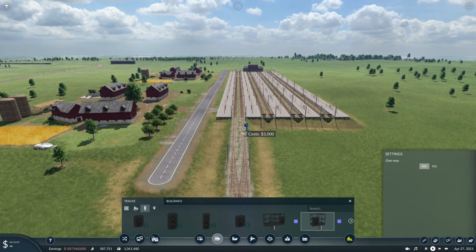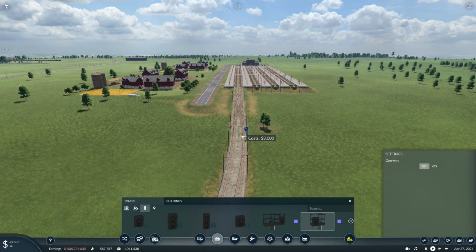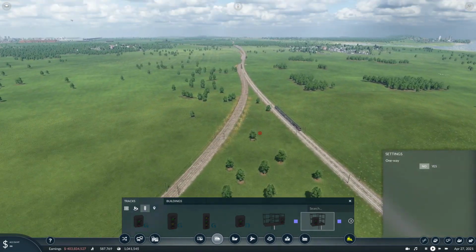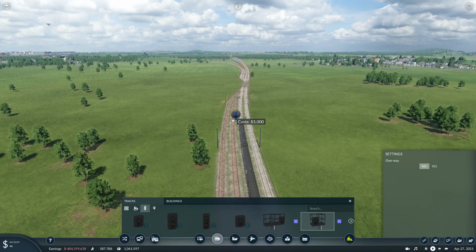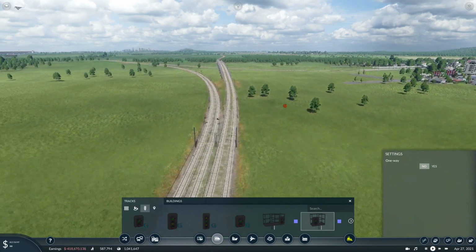Awesome. Right, so you're going to go there. You are going to go there. We're probably going to need 1 or 2, possibly 3 or 4 grain trains on this. Yeah, I'm going to want to stop you there. Man, this signal placement is way easier than